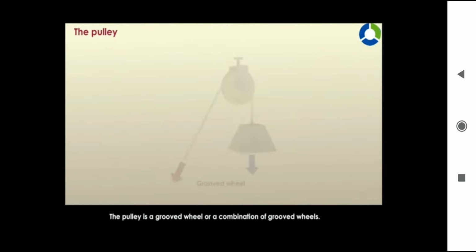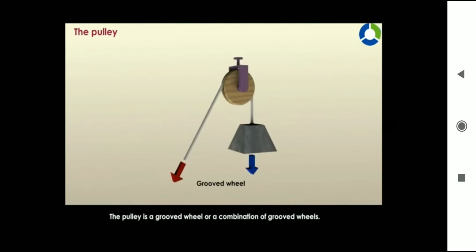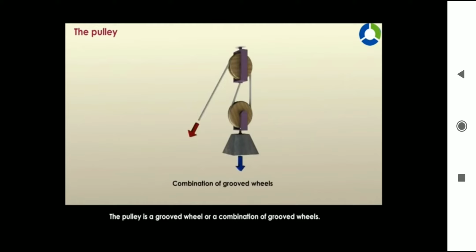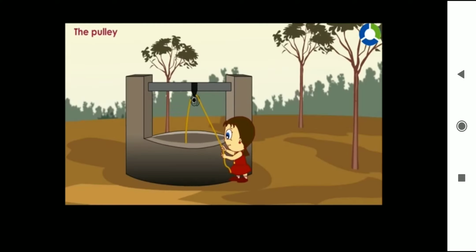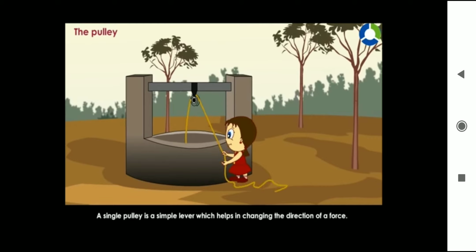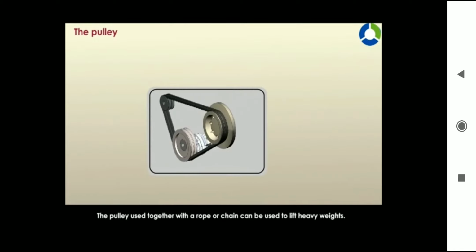The pulley. The pulley is a grooved wheel or a combination of grooved wheels. A single pulley is a simple lever which helps in changing the direction of a force. The pulley used together with a rope or chain can be used to lift heavy weights. There are two types of pulleys: